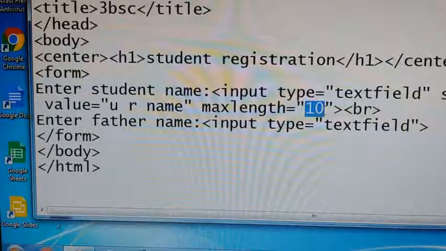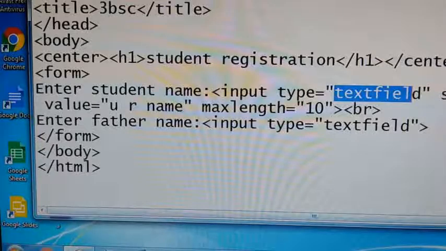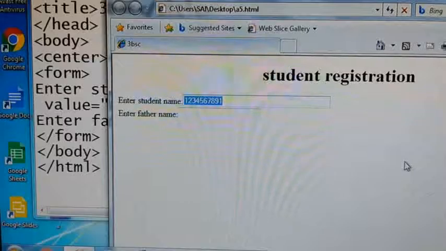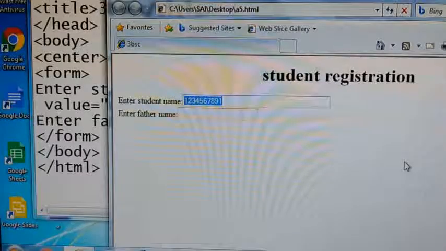The thing you need to mention is the type attribute. What type of information you are giving, that must be given. So here I have given the text field. Clear? Now, see one more point. I have given a text field, but in the form I have entered numbers. Don't think that it is a number, because I have given a text field. Whatever information you enter in a text field will by default be considered as text only, not numeric.